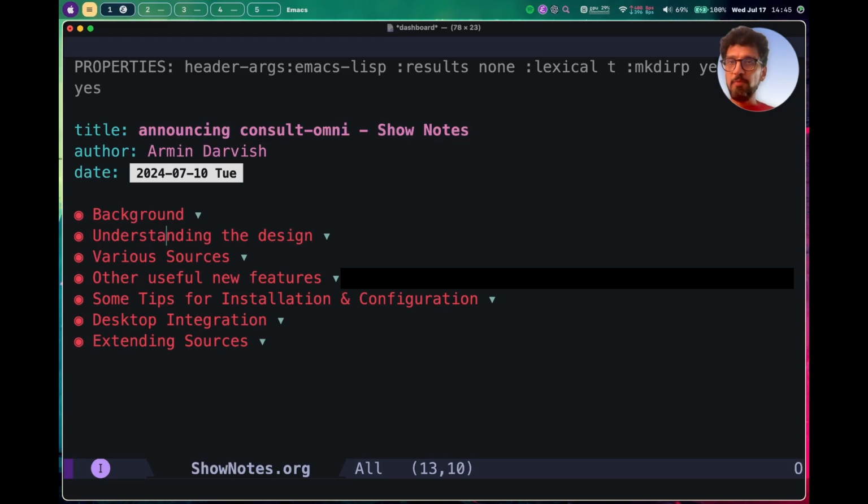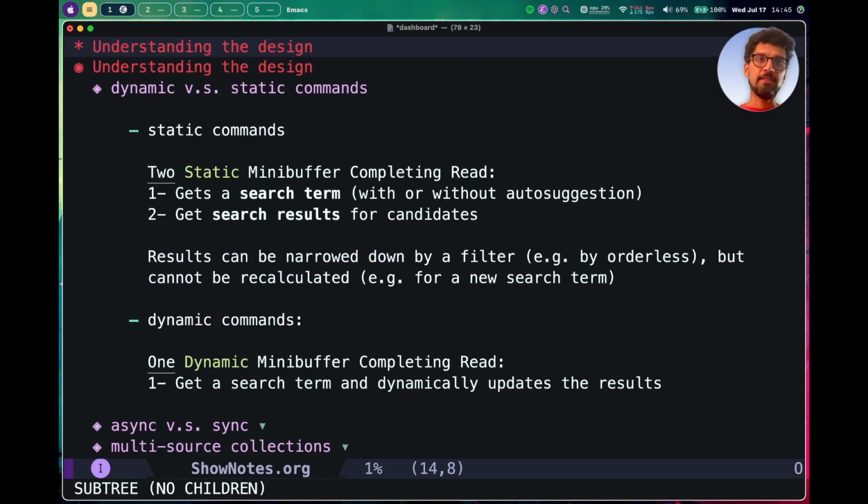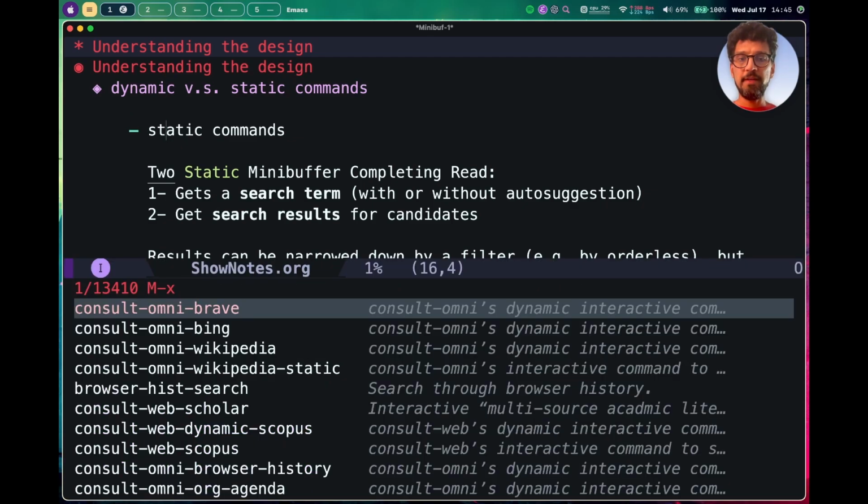Okay, so let me open this tree here, understanding the design. And the first part here would be talking about dynamic versus static commands. So on this setup, I have both Consult Web and Consult Omni, and right now I'm going to open